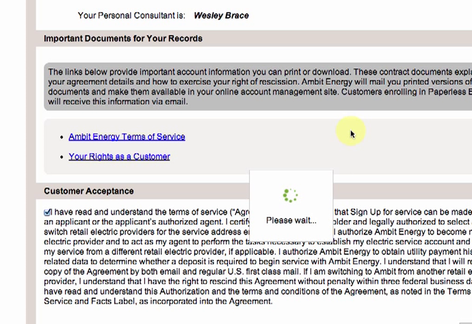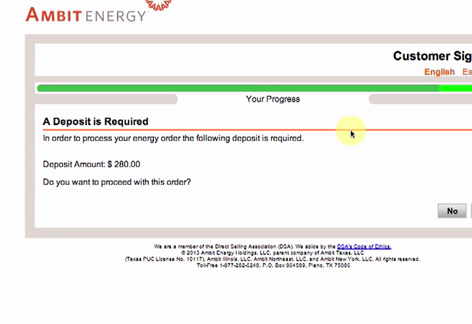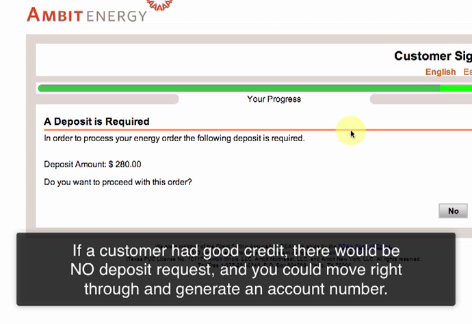And then basically what it's going to do is it's going to come back, since I used a bogus Social Security number, if you will, it's going to say, wow, you got the highest deposit. So I just want to show you how that works. So I'm going to stop here because I don't want to proceed with the order. But basically, if I was to click yes and pay that deposit, it'll give me an option of splitting the payment or paying it whole, or if I didn't have a deposit, of course, right here it would just come up with the next order,